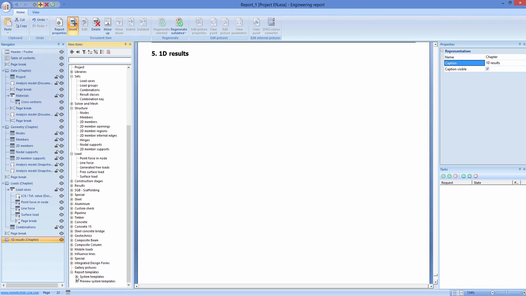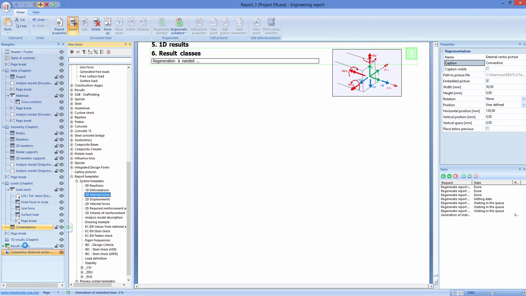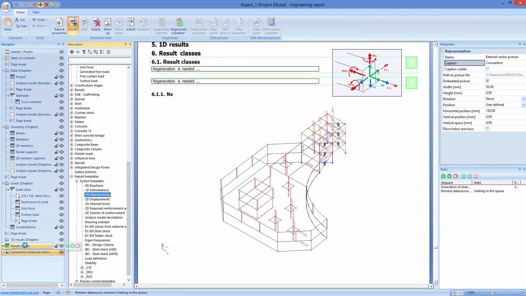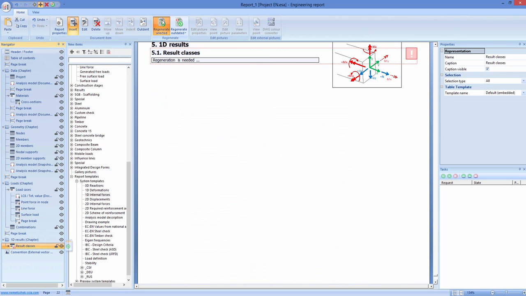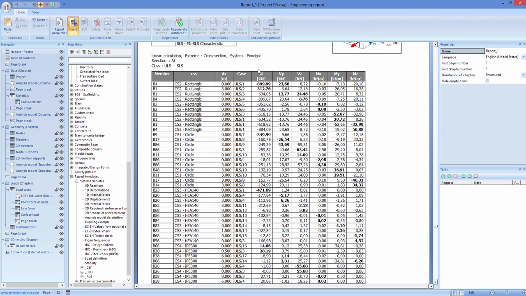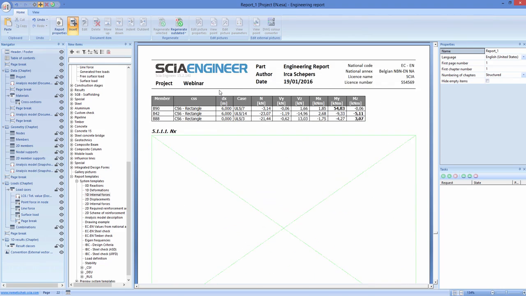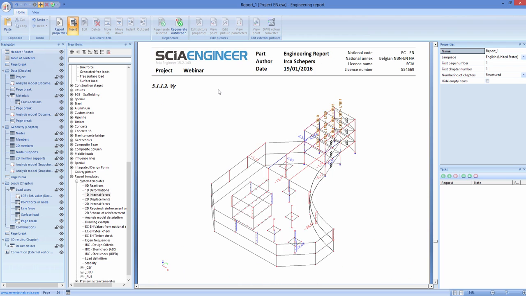Here you can see report templates, system templates, and here you can find the templates which SCIA already had made. For example, I can insert here the 1D internal forces. I'm going to indent the template under my chapter. In this template you can see that result classes are added and the table of the internal forces of 1D members. Afterwards you can see the pictures which are now regenerated for our project with the normal force, the shear